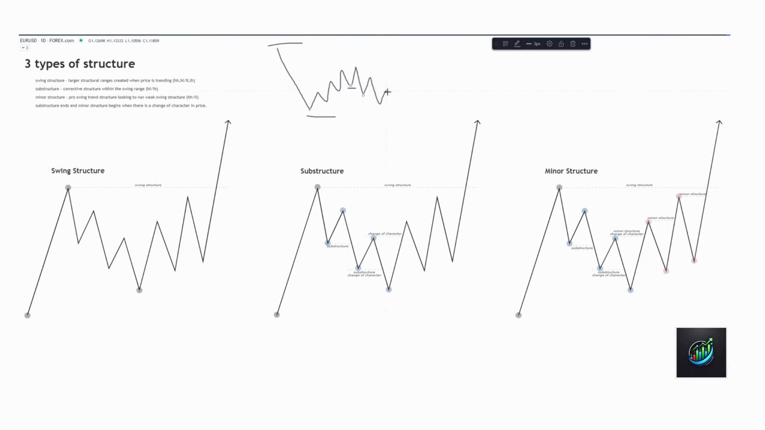We're now starting to see minor structure playing out, and then once we break the lower low of swing structure, we can see that price is continuing on in that overall bearish trend. Now, one other thing to note is looking at substructure and minor structure is not going to be an end-all be-all. It's just to create a framework and an understanding of what is happening between the swing structure, what is happening